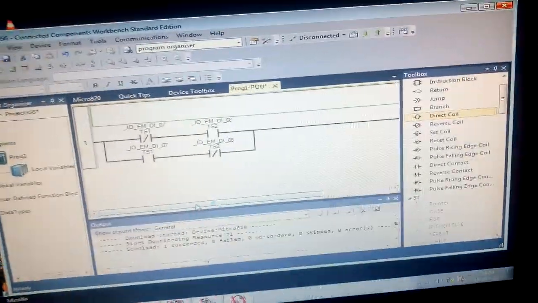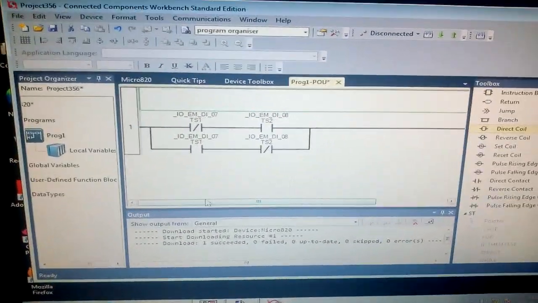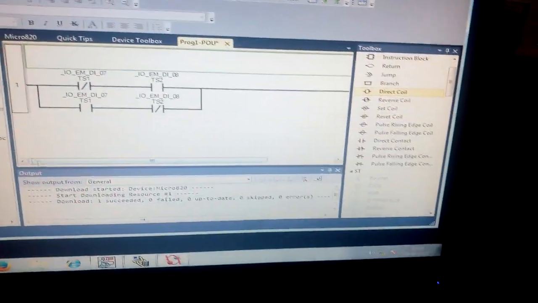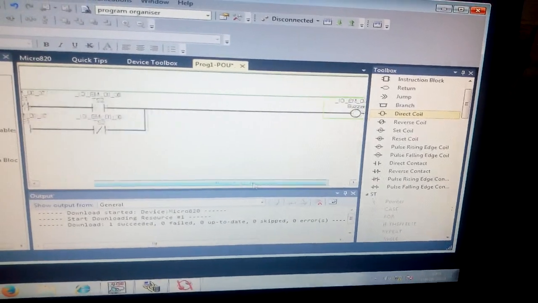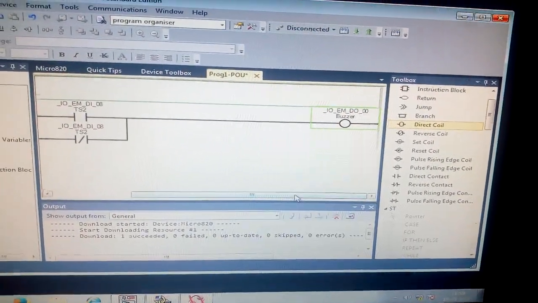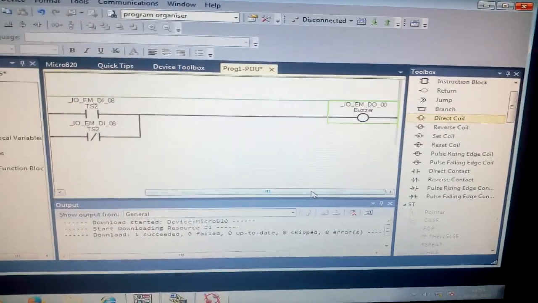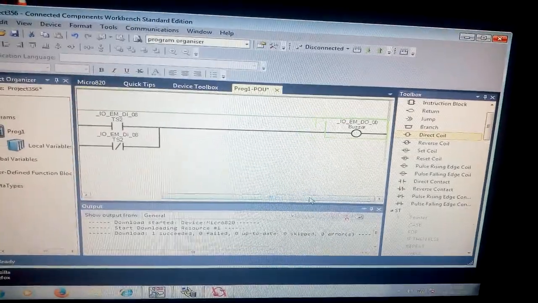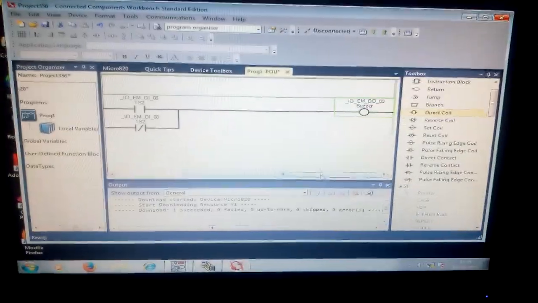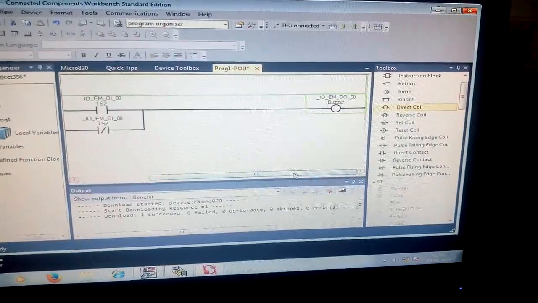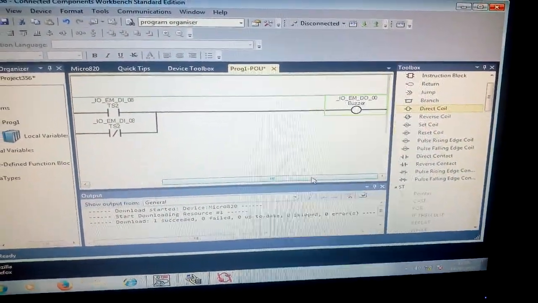So now how will it be operating? We are going to get the buzzer when either of the inputs is on. Either A is on or B is on. When both are on, we are not going to get the output. So if you can see the